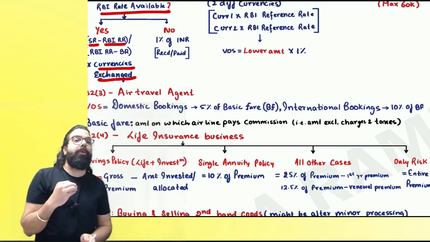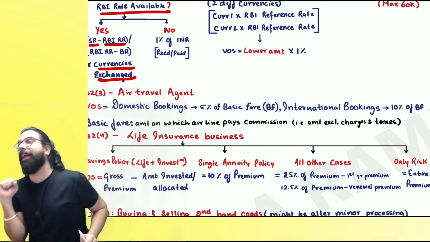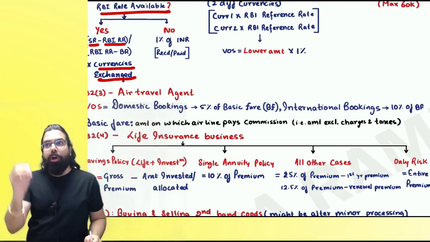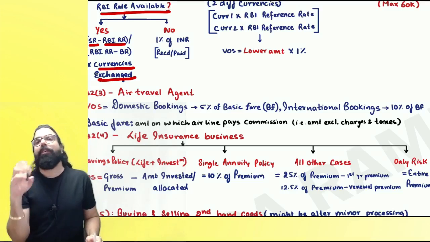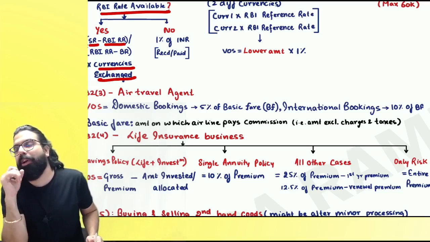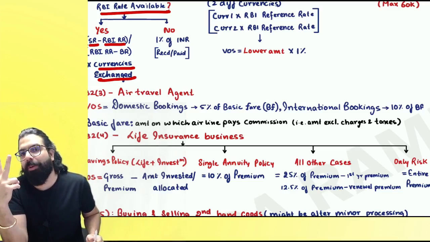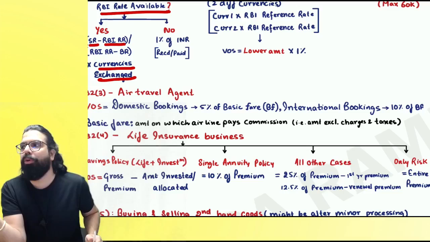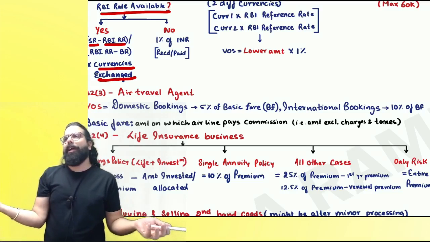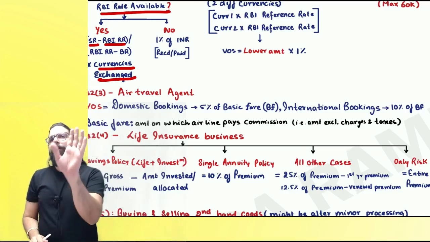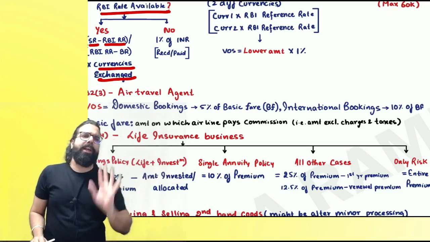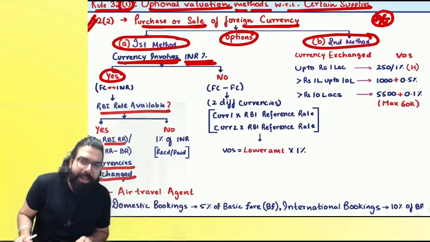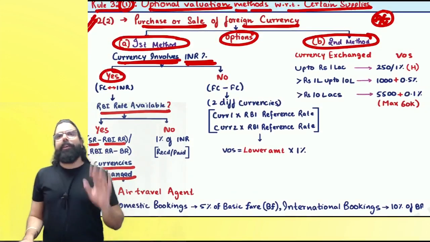Sir, I am buying dollars from you. Today's RBI reference rate is 79 rupees. I bought it from you at 76 rupees. Dollars I am buying from you. How much? RBI reference rate is 78. I bought it from you for 76. How much rupees I made? 2 rupees, $1,000 I bought from you. 2,000 rupees will be my value of supply. Did you guys understand this point? Whatever is the RBI reference rate minus your buying rate or selling rate will give you your margin, and that margin will become your value of supply on which you are liable to pay GST.